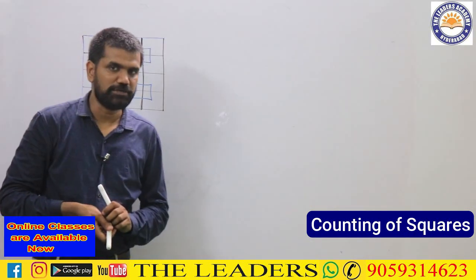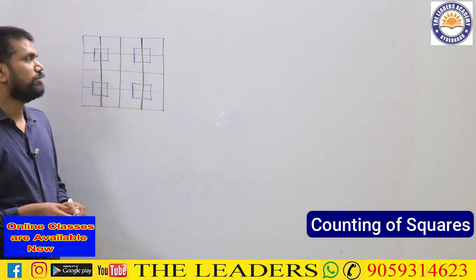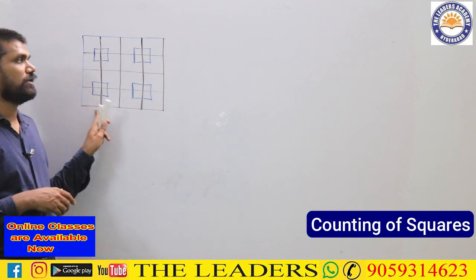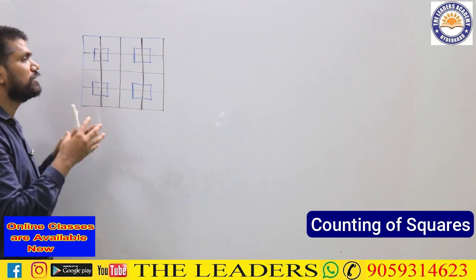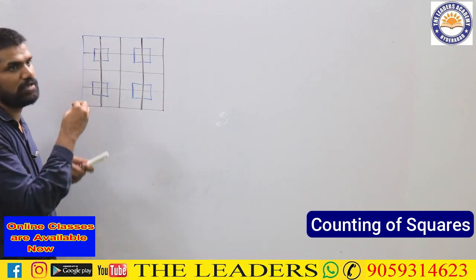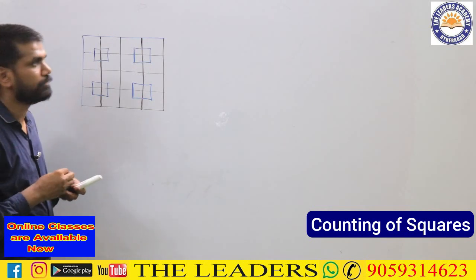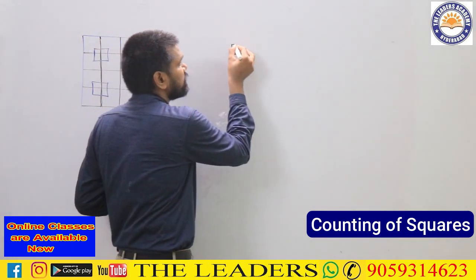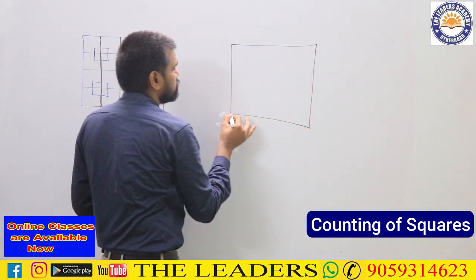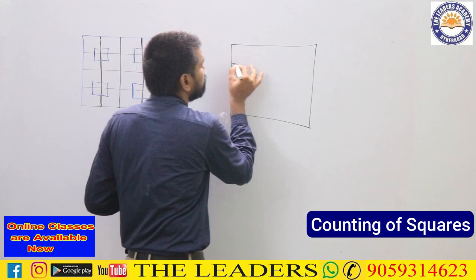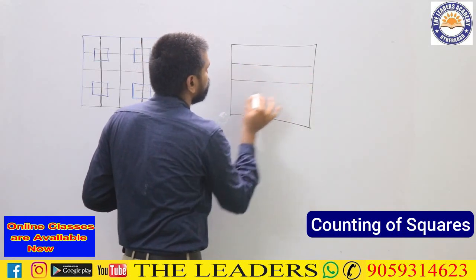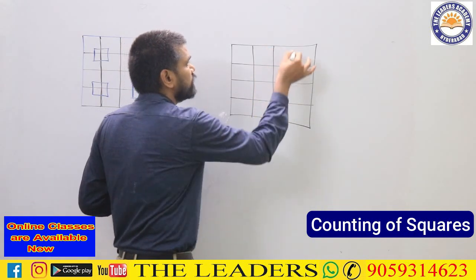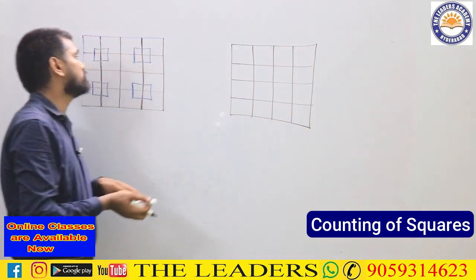Let's have a look at the next example now. So in this example also we have to count the number of squares in this one. If you try to count the number of squares, first you try to observe the combination of figures that are over there in the diagram. Going ahead with. So here it is having a structure of this kind. First of all, the first diagram that we can see from this one is a 4 by 4 square grid. A 4 by 4 square grid we can see. That square grid is there in this one.